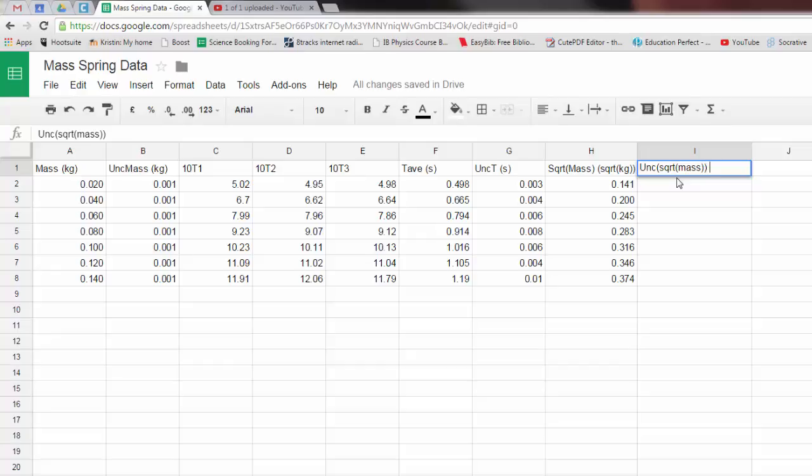And that's going to be measured also in square root kg. Okay, and to work out the uncertainty in the square root of the mass, what we have to do is take the relative or percentage uncertainty in the mass, and because we've square rooted it, we've raised it to the power of a half, so we have to multiply the relative uncertainty by a half and then turn it back into an